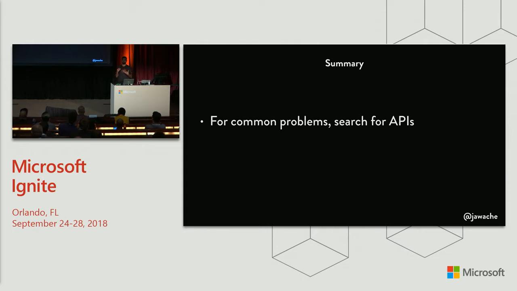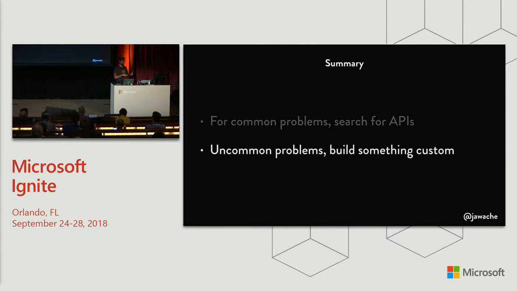And what I'd say when you're facing a problem that you think you might be able to solve with AI, first, for common problems, search for APIs. Sentiment analysis is so common. It's been very well documented for 30 years. There are so many models out there. Just search for an API, search for a pre-built model. There are use cases when you will need to train your own models, for instance, when you're dealing with uncommon domains of text. If you're dealing with deep academic texts in a particular medical field, the text and terminology might be a little bit different. Maybe you would want to train your own sentiment analysis using that body of data. But if it's just general, search for an API.